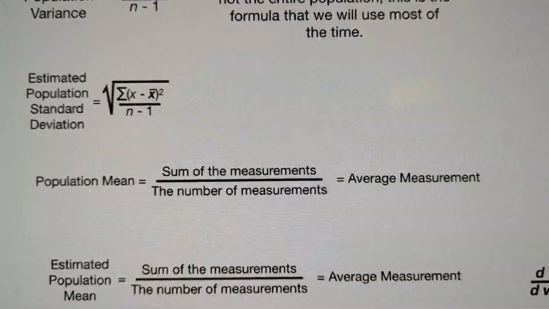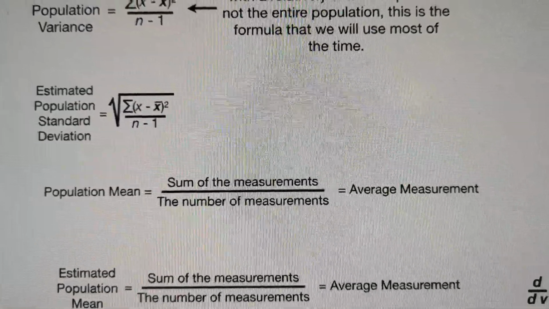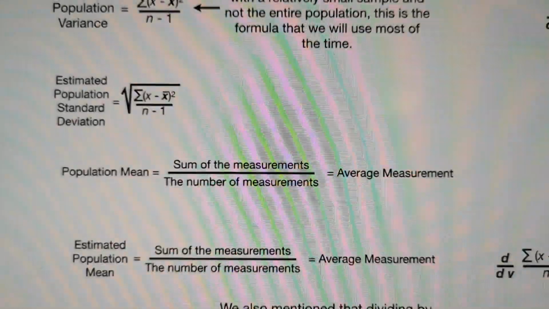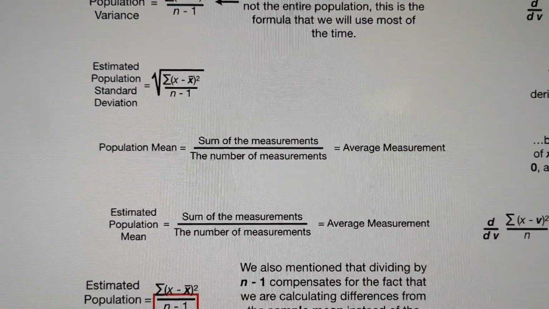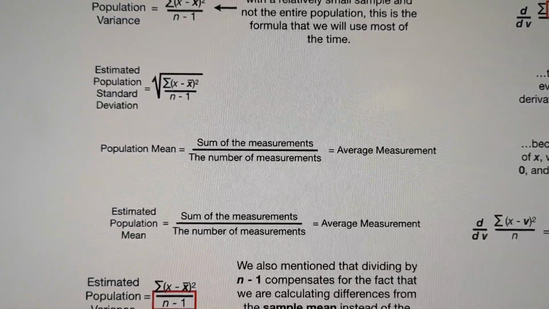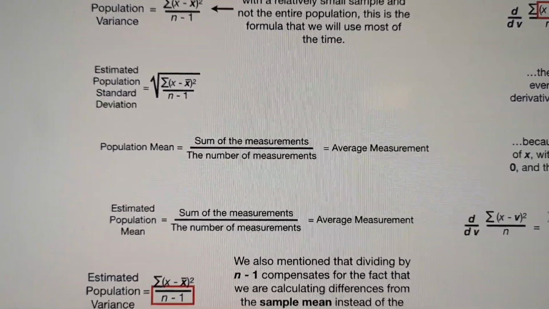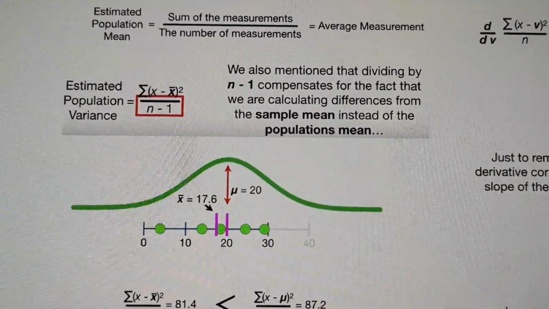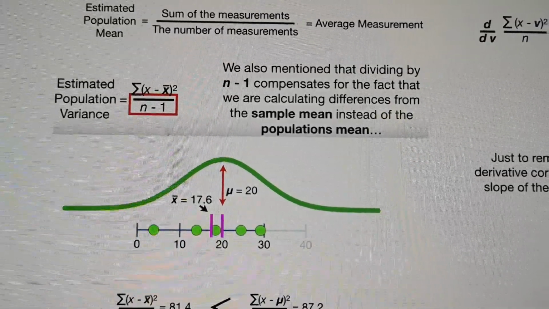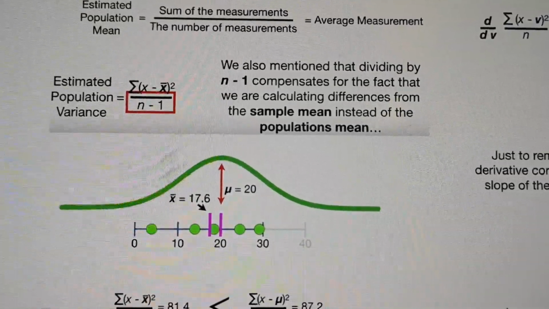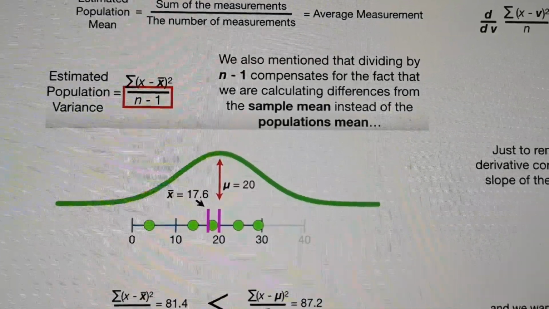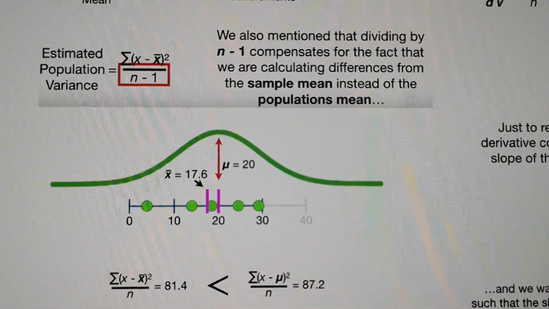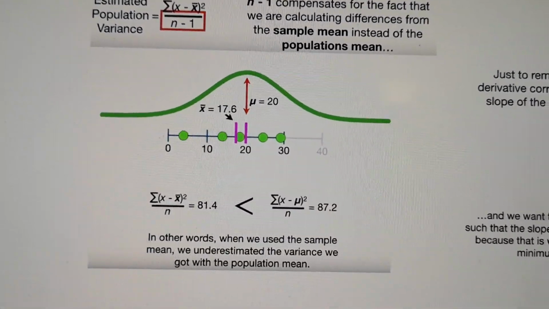For the mean, it's just the sum of the measurements divided by the number of measurements. We get the average measurement. The sample mean is also the sum of the measurements divided by the number of measurements. This is just the estimate of the population one. For the variance, we also mentioned dividing by n minus 1. This compensates for the fact that we are calculating the difference from the sample mean instead of the population mean. So we want to consider that. We use a smaller